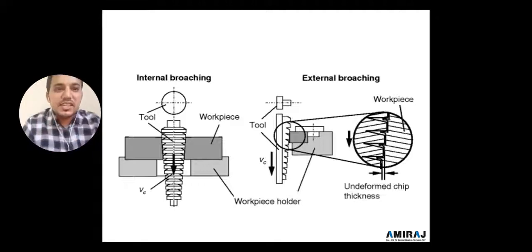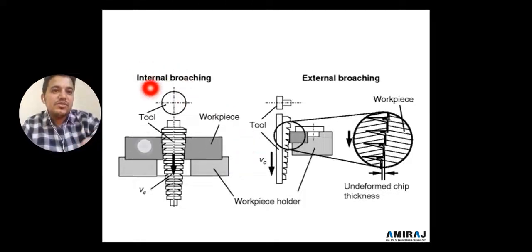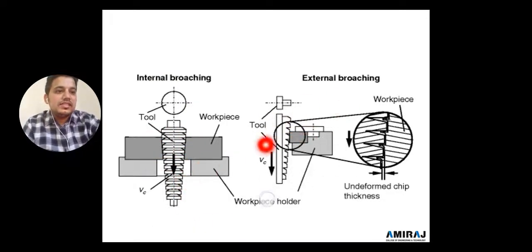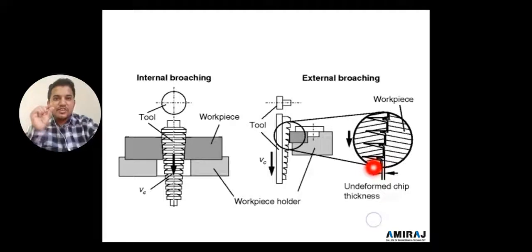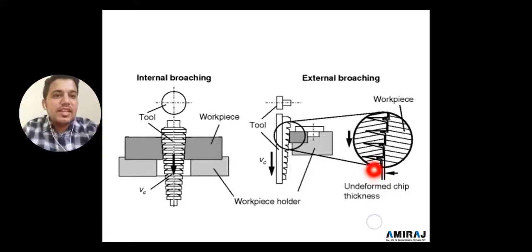So this is particularly the internal broaching and external. Have you observed that this is the internal we have to broach, and this is the external broach. In external broaching, if you observe, this is our working principle: this is a workpiece, there is a cutter, and we will remove the material from this cross section. I already explained yesterday, this is our feed, and each and every pitch has a particularly small feed ratio, so that we have to consider. Then this is the force direction, the downward side. So this is, we can say, a pull type, push type. Okay, let's go ahead.